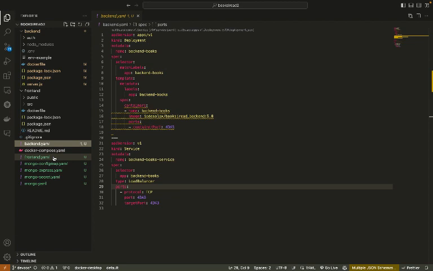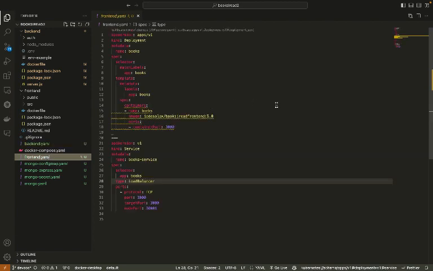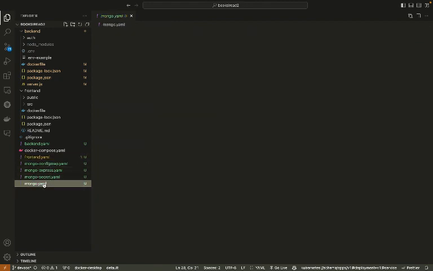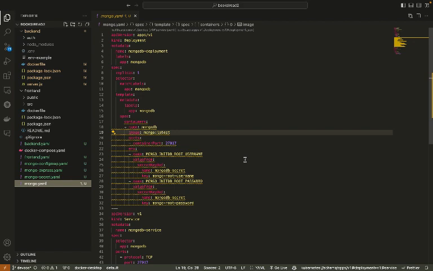And let me go to the front end. This is the front end, and because it's the front end, it has a node port of 33001, and it also has a type of load balancer. And I'll go to the mongo.yaml, and so for the MongoDB,